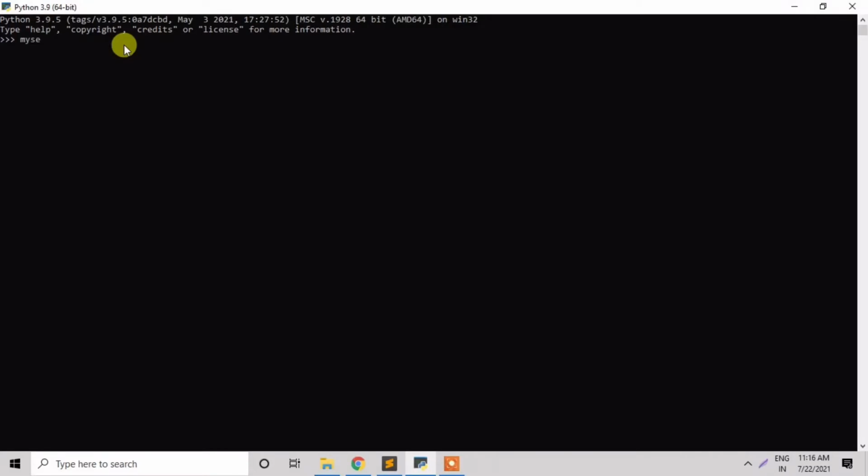So today we are going to discuss the topic Python sets. The first example is a simple Python set. Here I am writing mySet as my variable and the values are A, B and C in curly braces. Now to print this, I will use the print function. So this is printed, that is the value of mySet.